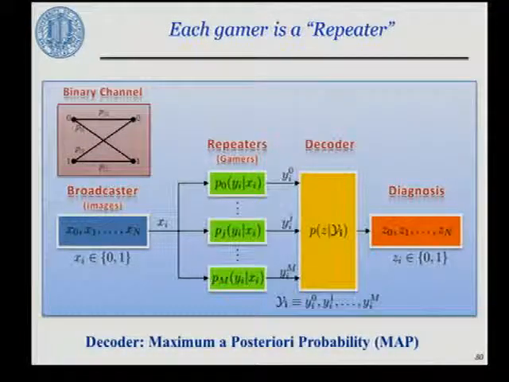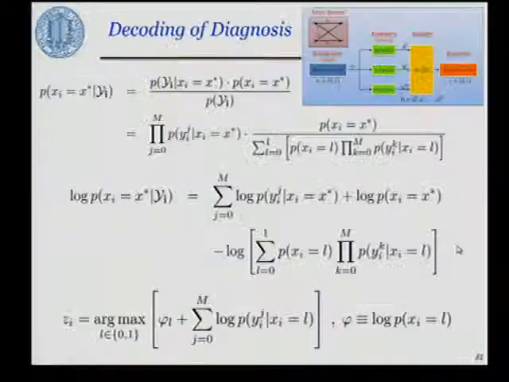The idea here is we treat this as a noisy telecommunication network. So every gamer is a repeater in the network, and it's broadcasting 0 and 1. 0 is, let's say, a negative cell, and 1 is an infected cell. There's noise in the system which we characterize through their prior probabilities by the hidden images, and there's a decoder that takes maybe 5-10 gamers together and tries to come up with the correct diagnosis for every image that we have unknown, waiting to be diagnosed.